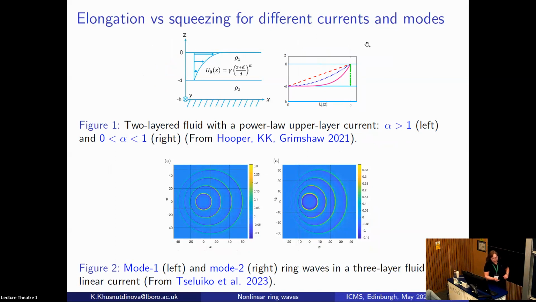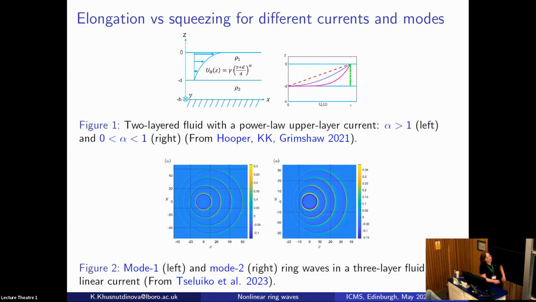Later on, we managed to extend this to two-layered fluids with a rather large family of currents, two-parameter dependent, which could have either this curvature or the opposite curvature, depending on the value of the parameter alpha. And it is possible to show that this behavior is structurally stable. It's not a piecewise constant current, but there is always some value of alpha when we will see a similar phenomenon.